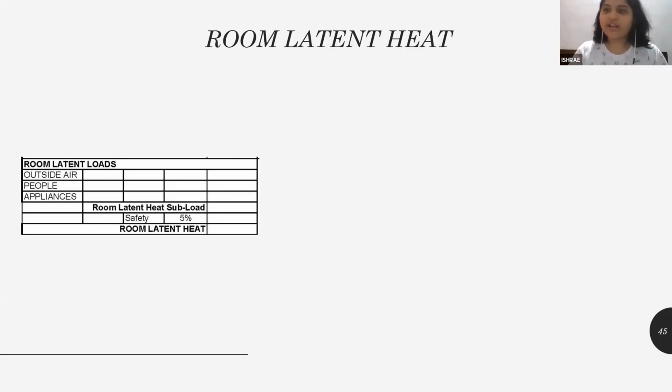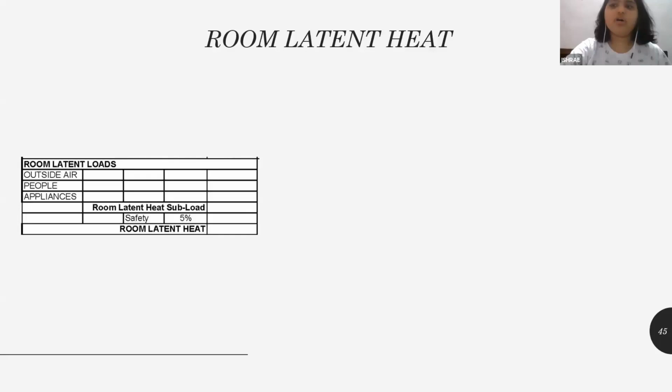Now this outside air consists of moisture. Why? Because the Mumbai region has a lot of moisture content in its air, humidity is high. And for my inside room conditions, I have taken relative humidity as only 55%, whereas in Mumbai, as you had seen, it was some 63.6. So what will happen is the outside air, the infiltrated air, will have some amount of humidity that is carried into my conditioned space. So we need to remove this latent load from the outside air as well.